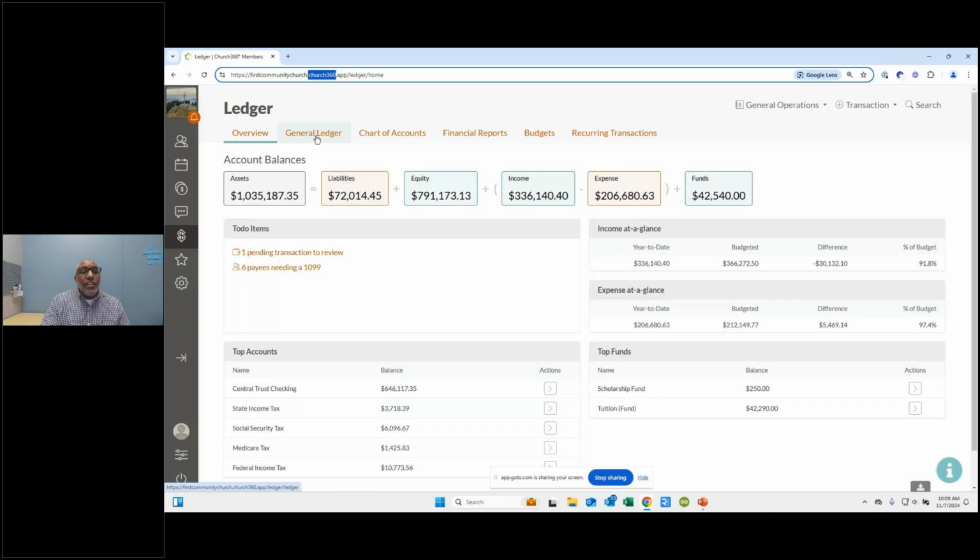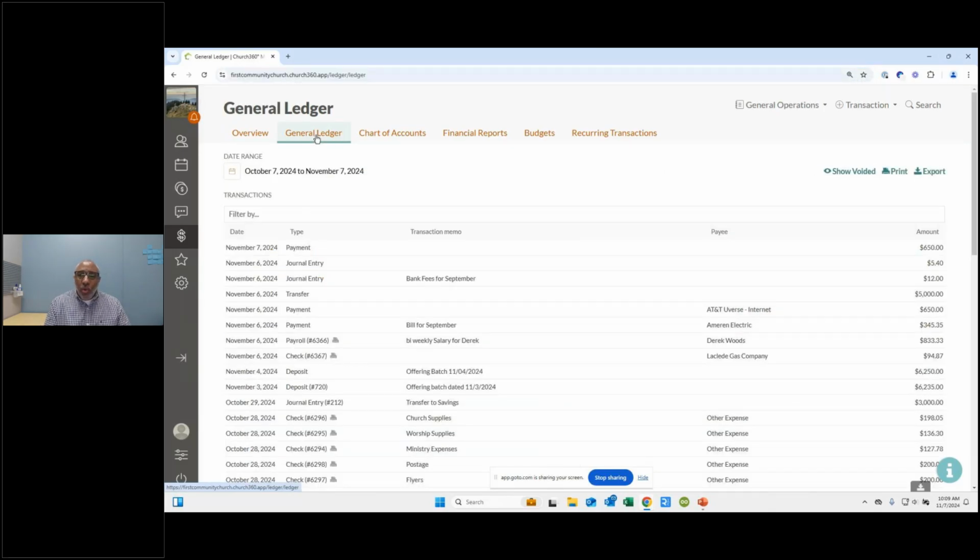So I'm going to go to the general ledger view, and the majority of our views are also reports. They'll have date ranges, filters, show options, and print and export options. So these views are also considered reports. Lots of times people will go to these views, simply view the information, find what they're looking for, and just look at it. But there are also times they're going to set this up and then send this information to a printer, or export this information to Excel.